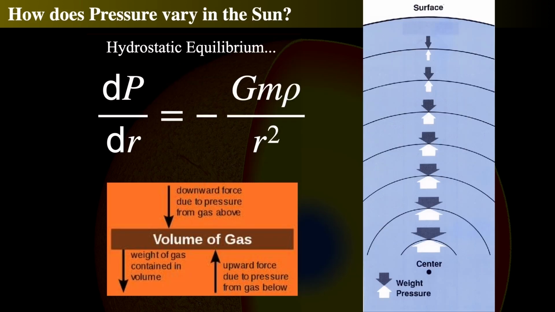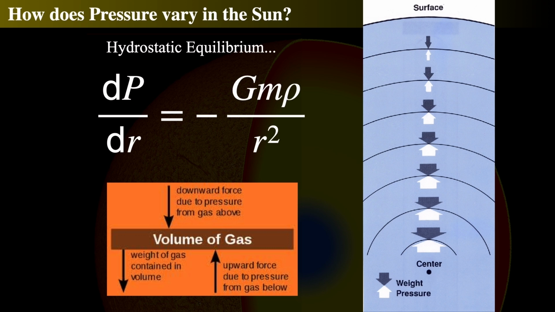And in hydrostatic equilibrium, let's explain this now. The deeper you go, the greater the pressure must be. So the greater the weight on top as you go in, the pressure counterbalancing it must be greater. And this equation that we see, let's read it out because it helps to read it. It's a calculus-based equation where the dP simply means a little change in the pressure. So that d means little change in, and the dr on the bottom is a little change in radius or depth. So there's a little change in pressure as it changes in radius or depth,